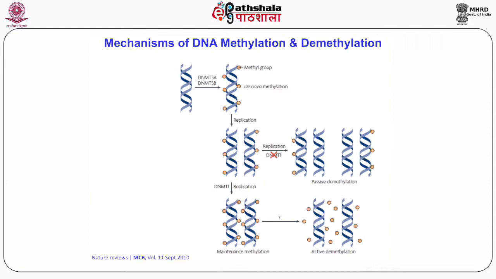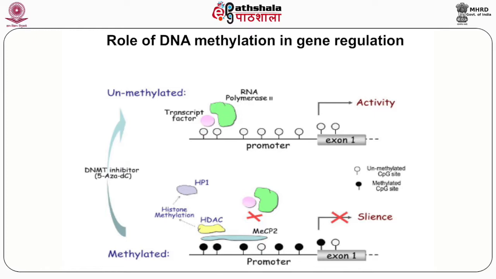By contrast, active demethylation can occur through the enzymatic replacement of 5-methylcytosine with cytosine. DNA methylation regulates gene expression by two means. First, it may itself reduce gene expression by impairing the binding of transcriptional activators, or with the help of several other proteins which specifically bind the methylated genomic region and set up other repressive epigenetic marks like histone methylation, histone